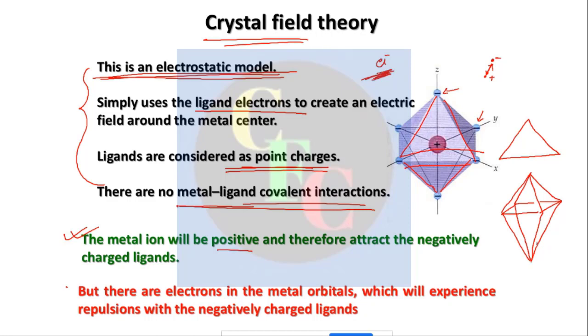Why octahedron? See, there are 6 vertices, but it is called octahedron because it has 8 faces. You can count it. It is highly symmetrical. I have drawn it like this, but these bonds are not longer than the upper bonds. They are all similar, right? A regular octahedron has all faces as equilateral triangles, and the bond angles are 90 degrees. We have studied it in VSEPR theory also.